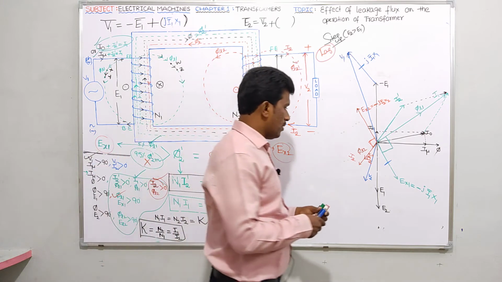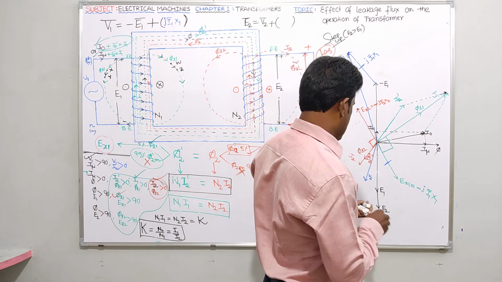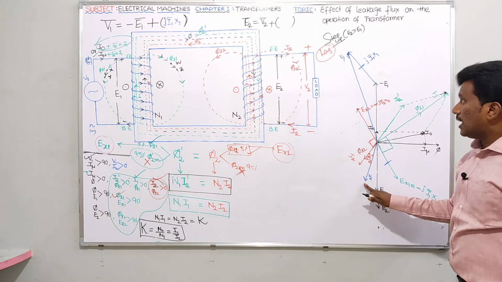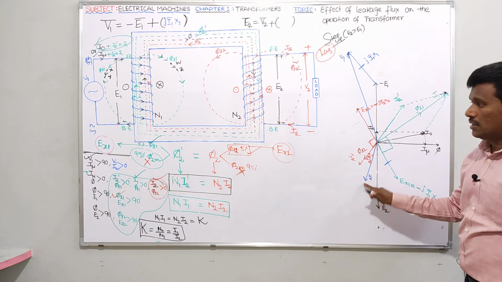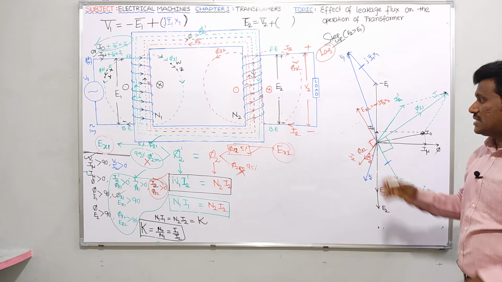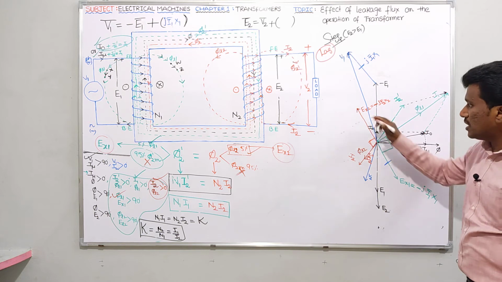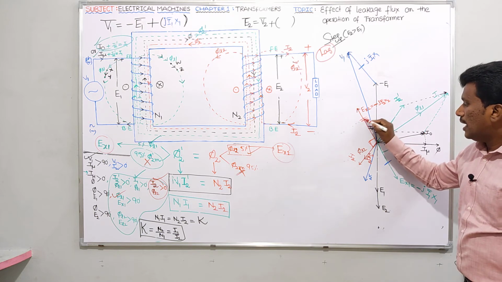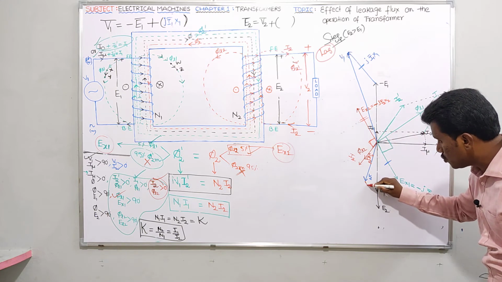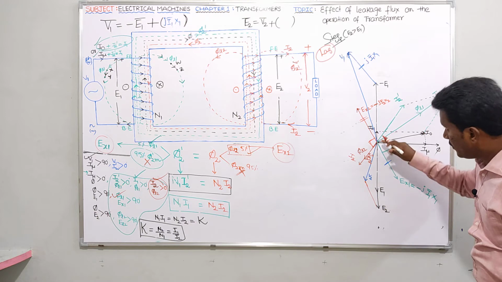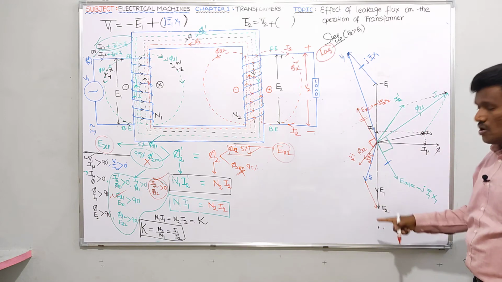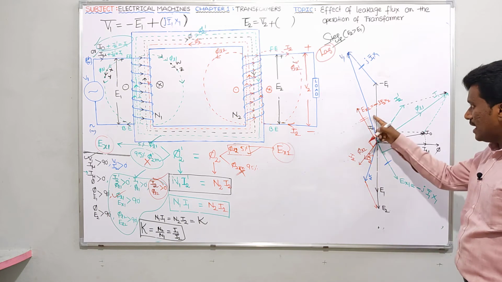So tell me where is this V2 vector? I think V2 vector is here, no? V2 vector is here. To this V2 vector, let me add something. That something is nothing but which is used to compensate EX2 in secondary side. So this is EX2. Let me use two lines here. And to this vector, I should add out of phase vector, I mean 180 degrees vector should be there like this. If it is like this, it should be downwards. Angle between EX2 and this vector, how much here? 180 degrees. Okay, same magnitude also.